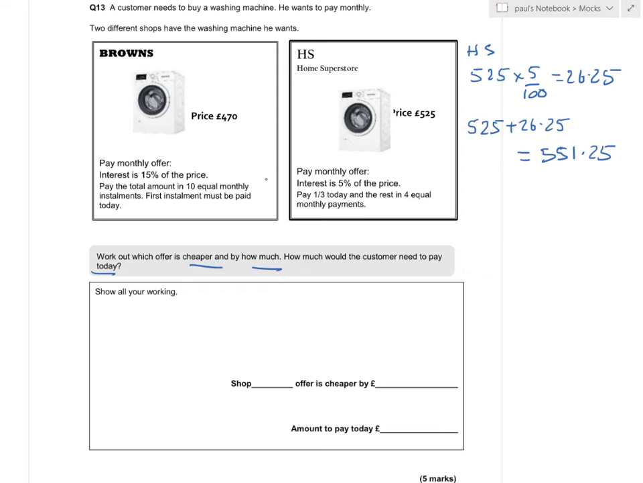Right, so we're only going to buy the cheaper one, aren't we? Yeah, so let's have a look at this one. So we've got 470, interest is 15%. Okay, so 470 times 15%. So 470 times 15 divided by 100 is £70.50. Now 470 plus the £70.50 will give us the total price, which is